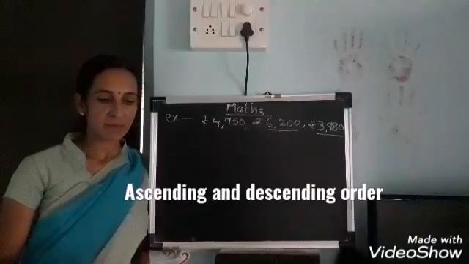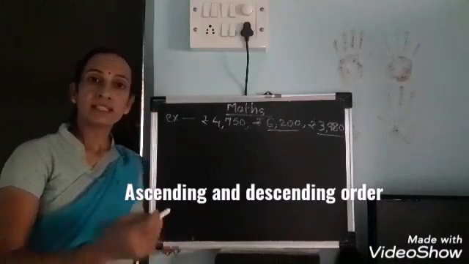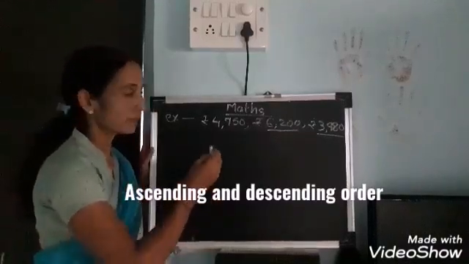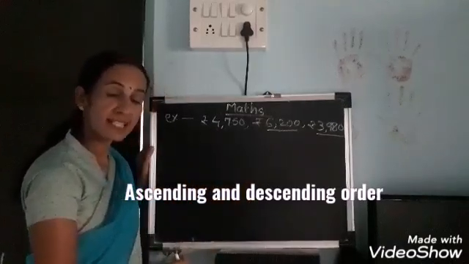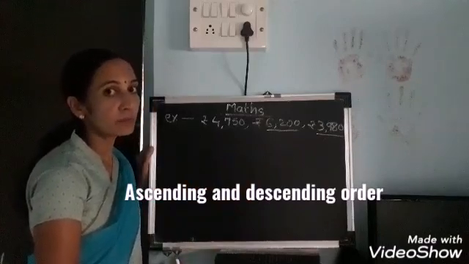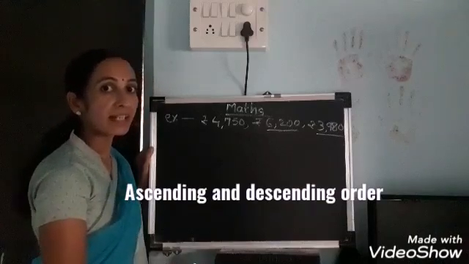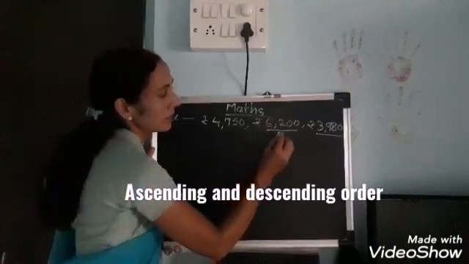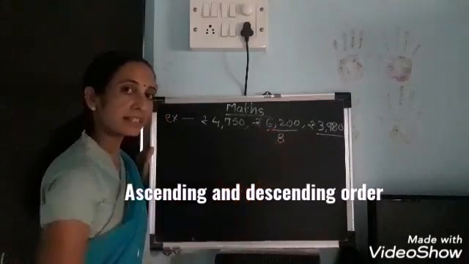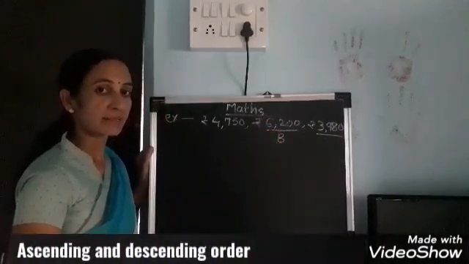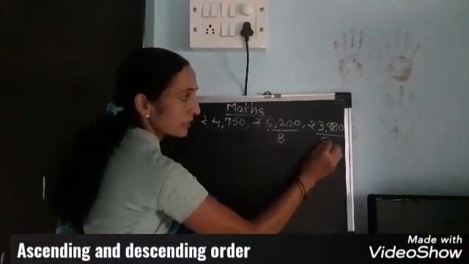So what is our example? Cupboards of several different companies are on sale in a shop. 3 cupboards are there for sale, and these are the prices of the 3 cupboards. Which is the costliest cupboard? Costliest means the cupboard which has more price, more cost. That will be the bigger number. And the cupboard which is cheapest, that means very less in price, that is the smaller number.